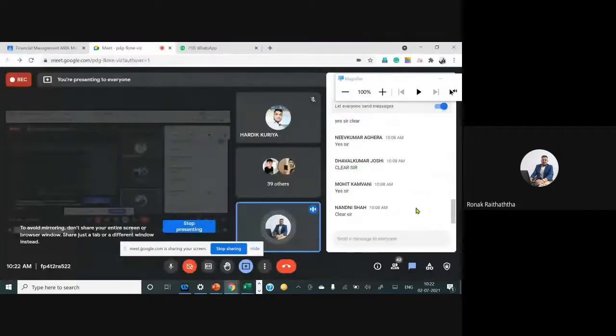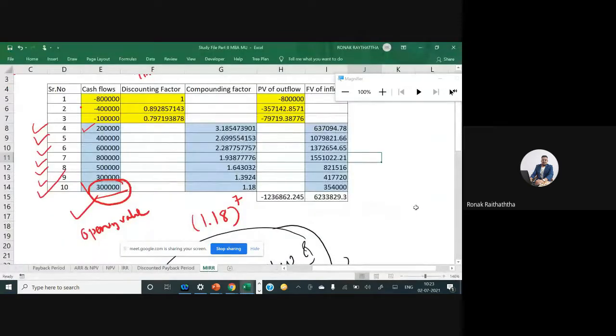I'm expecting confirmation in the chat box. Giving you 2 minutes uninterrupted. Everyone, please do it. And please put your message in the chat box once it is done. Urja has reached FV of inflow. Fine, fine. Anyways, take your time. Nothing to be worried about. Since I have Excel, it gets done a bit faster. Do it, take it easy. Take 2 minutes comfortably.